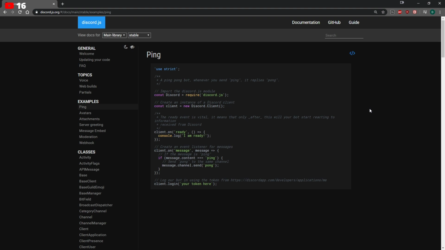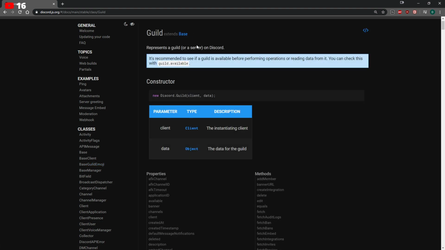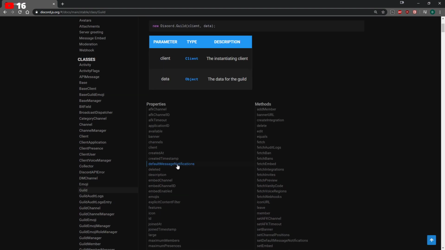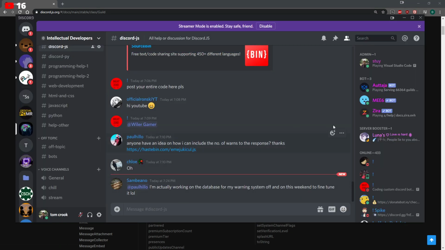Well, members are part of the guild object, and this is why it's very important for you to understand object-oriented programming. The concept of objects and classes are super crucial to mastering the documentation for Discord.js and understanding all the terminology. So, the guild object, which is an instance of guild. You can see over here in the docs, we're on the guild class, and there's a property called members, because a guild has members. Every single member on this guild belongs to the guild.